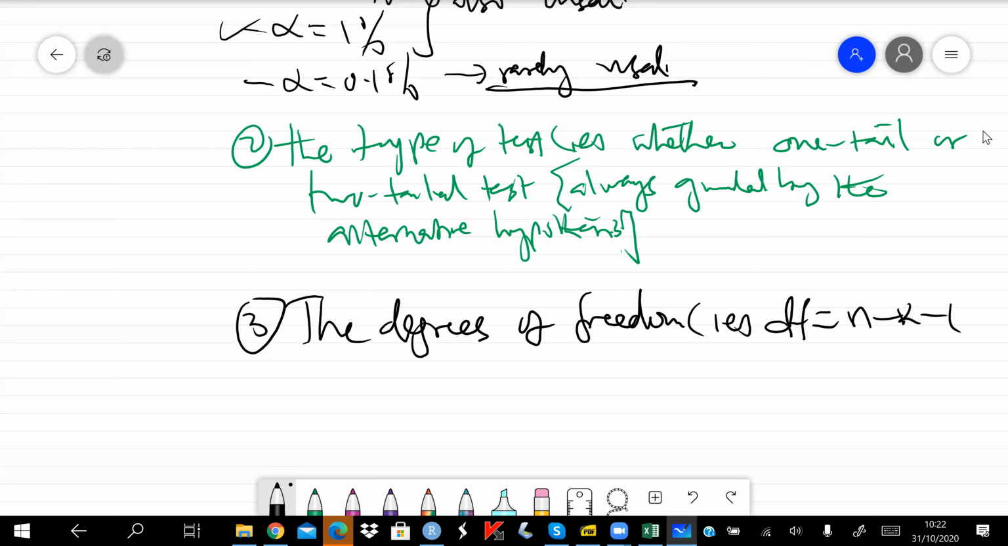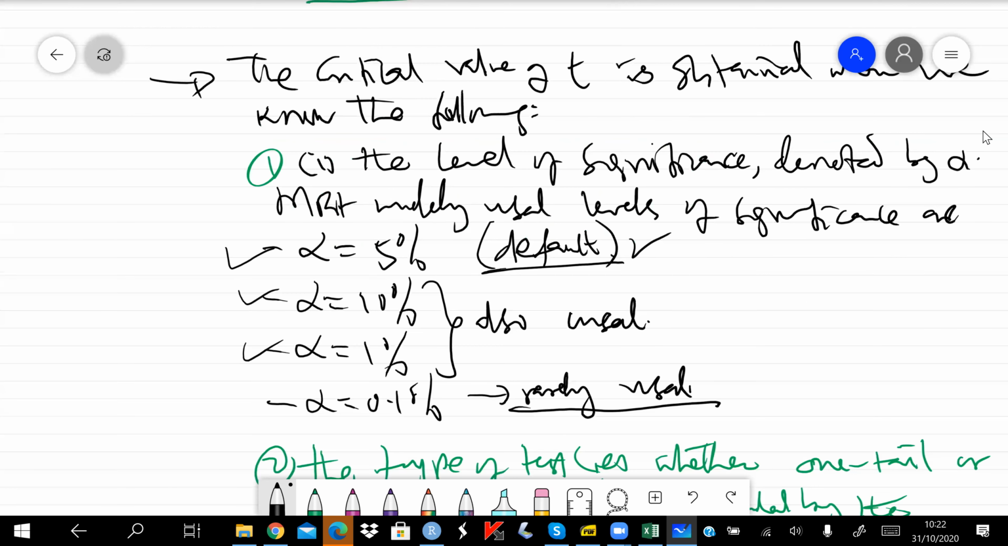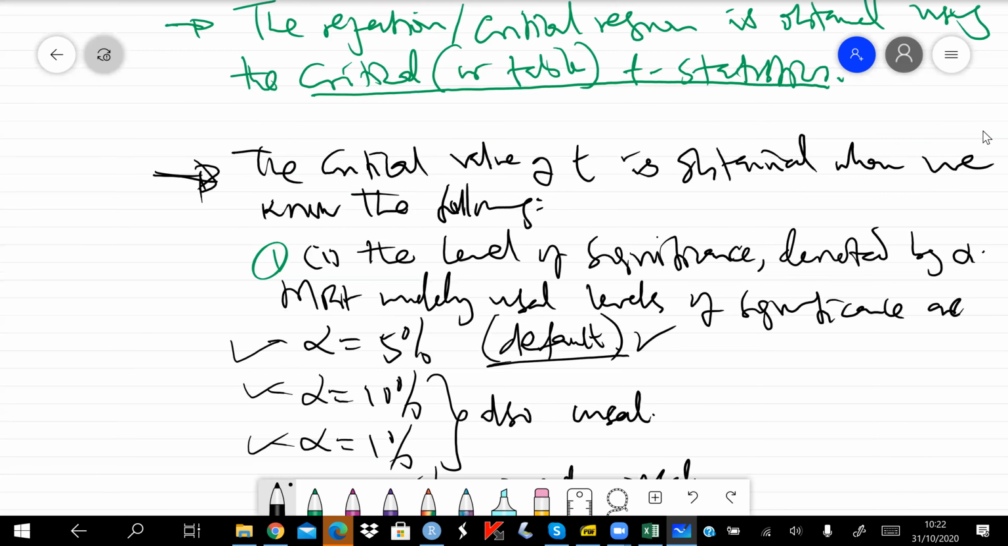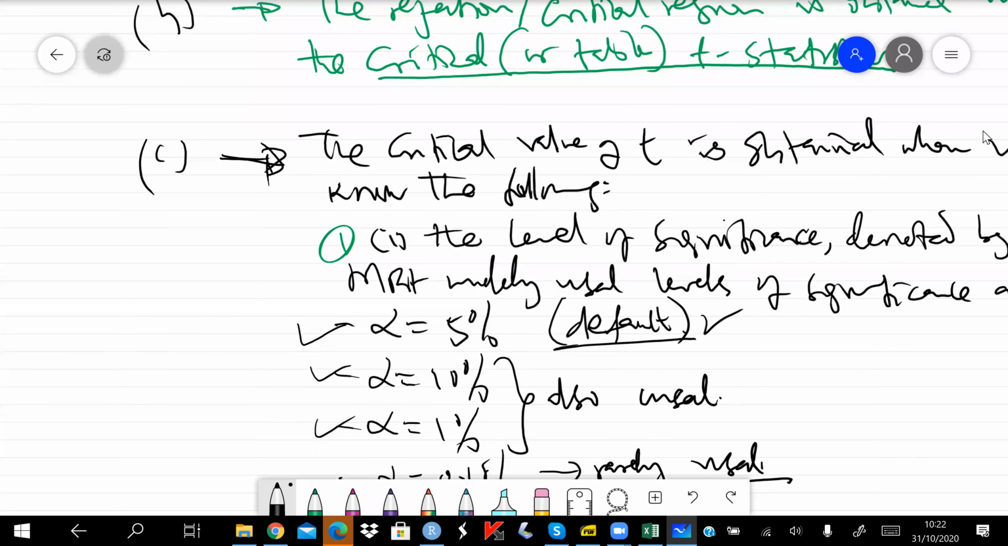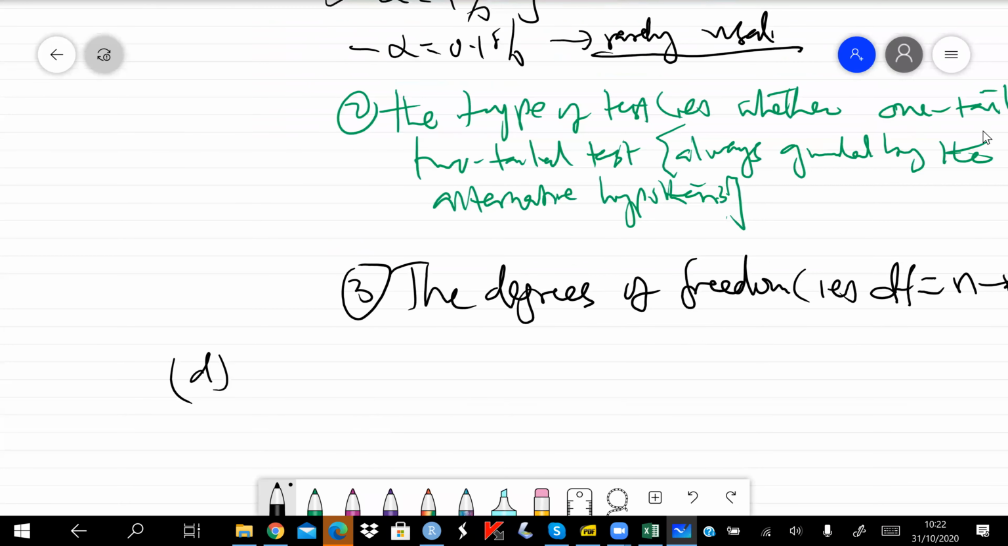Then let's continue with our notes. So we were here, the critical value. Maybe I can number them like this to avoid confusion. Maybe go to D. Go to D. We say that rejecting the null hypothesis